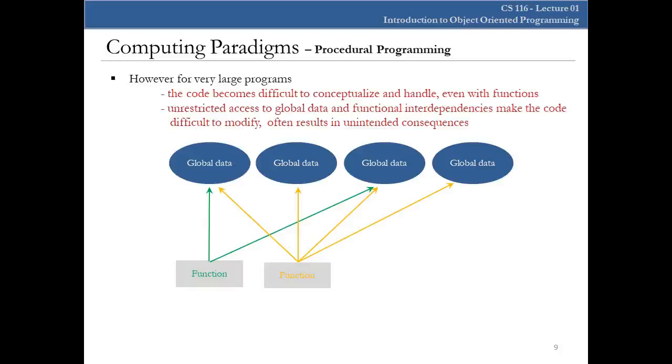So if one function, like the yellow function, changes the value of either of these two data items, that change might affect the green function, right? And that green function might not be prepared for that change, so it might stop working, right? Now if I define a few more functions,